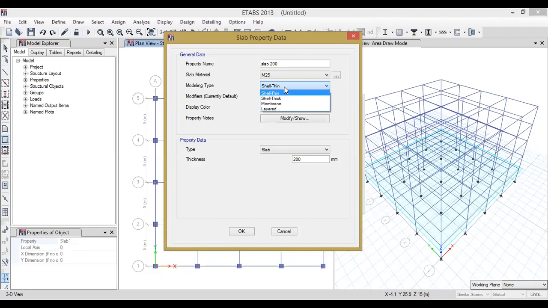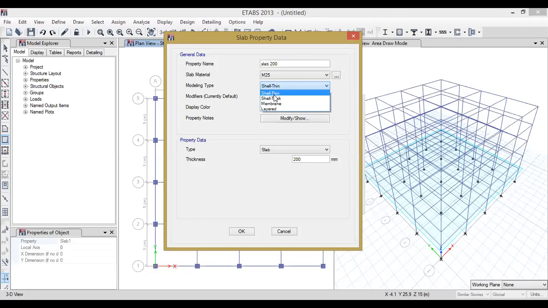They have explained in depth how a slab shall be analyzed as a shell thin and how a slab shall be analyzed as a shell thick. So the basic difference is that a membrane element does not resist out-of-plane bending, while a shell element resists in-plane and out-of-plane bending. So let me define our slab type as a shell.